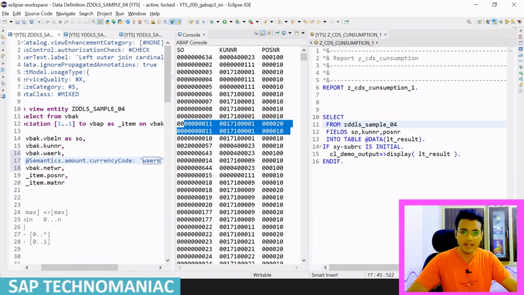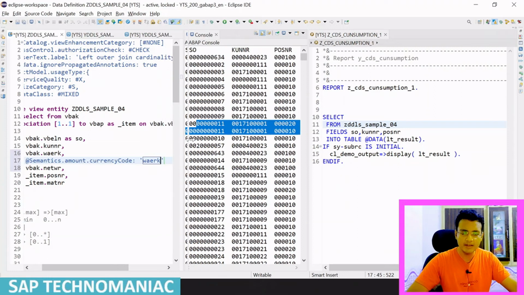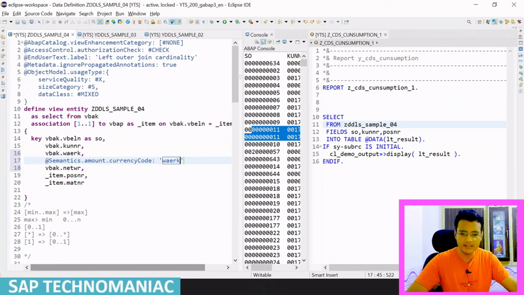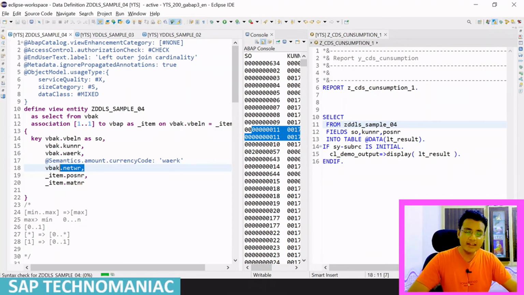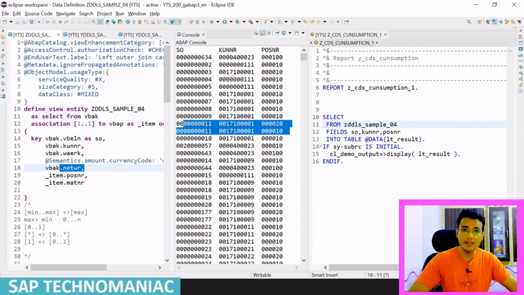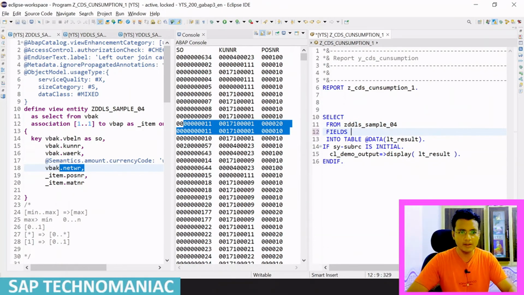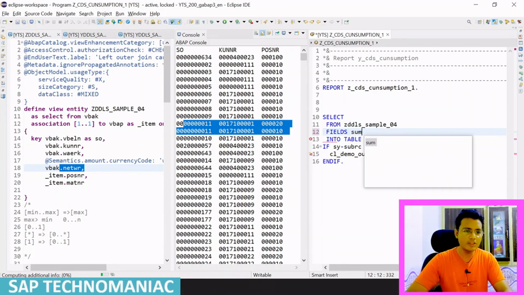Let me zoom in a little bit so we can see the data properly. You can see the error got removed now. Let me activate this one, Control F3. Now I will try to aggregate this amount in my report and see how the result is impacted. For that, instead of using all the fields, I simply sum up this amount, sum, Control Space,